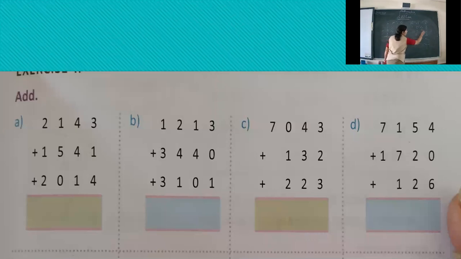See children, now here this is 3. This is 2. This is again 3. Now can you see here, we are not having any digit at thousands place. So you can write 0 also. Sometimes what happens, you make mistakes while adding. If you want to write 0, you can write.